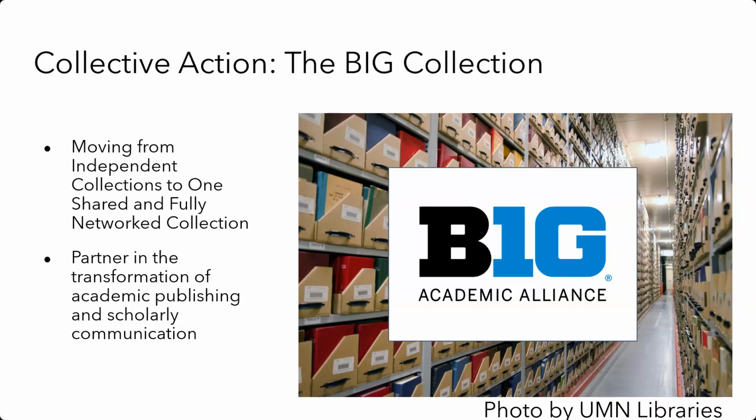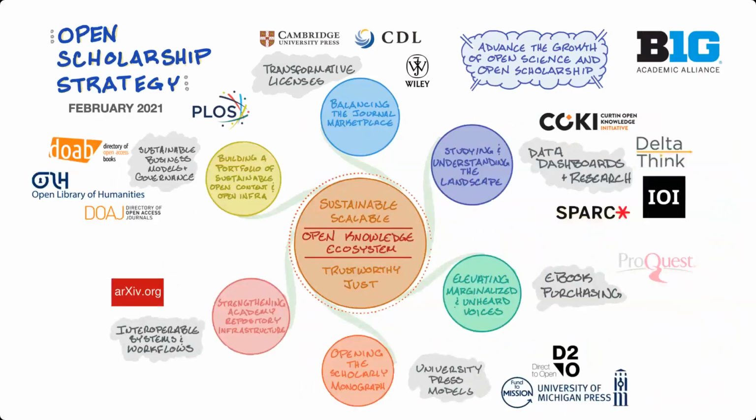Just imagine every student and faculty member with a seamless discovery to delivery access to the pool of resources we share. Another of our goals, however, is to partner to bring about the transformation of academic publishing and scholarly communication. And we call that our open scholarship strategy. That's going to be outlined in the next slide. These aims are not small. They are and will be major steps forward for our libraries in serving user communities and stewarding our resources more effectively.